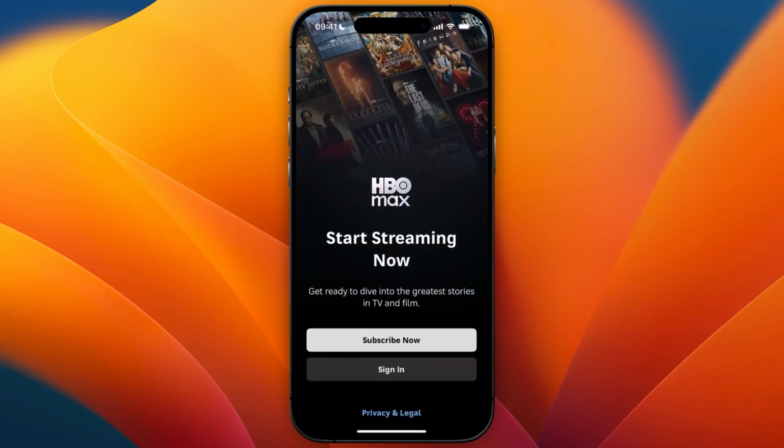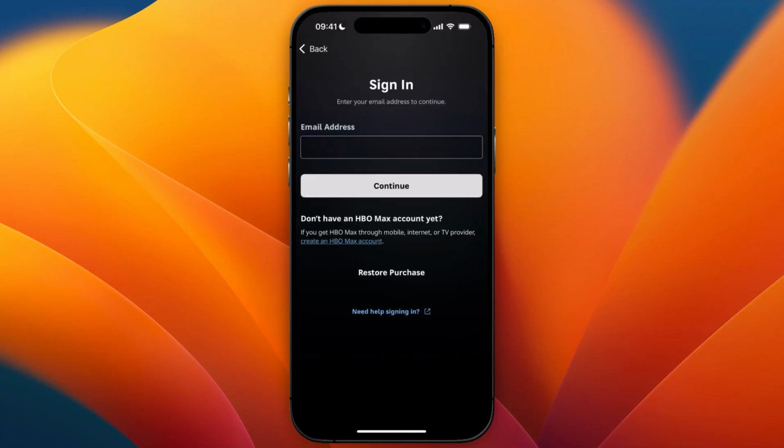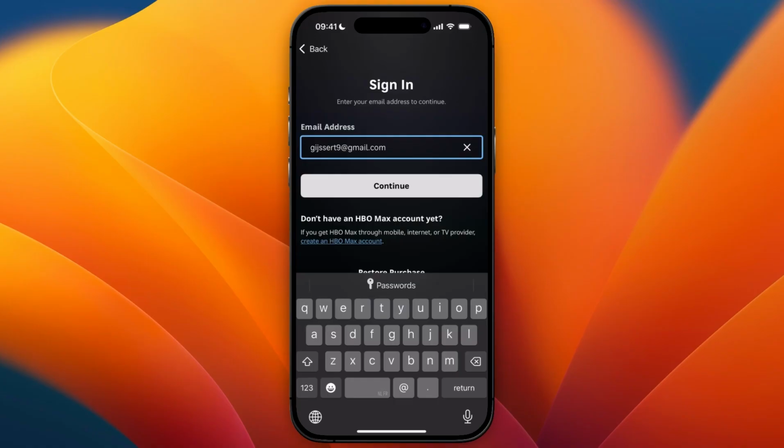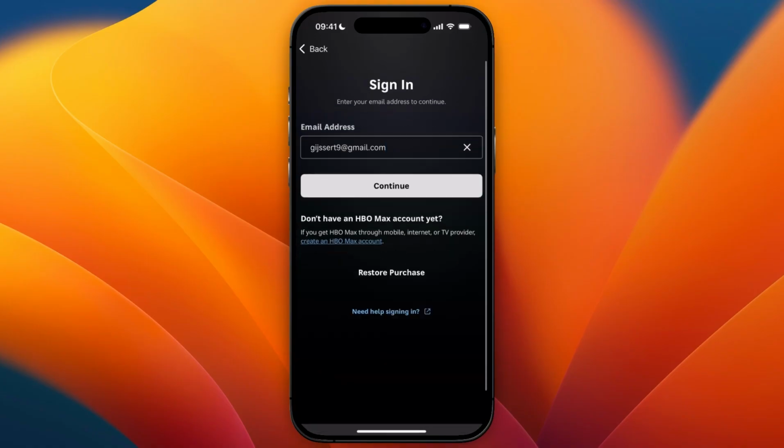So just click on sign in. Then here, enter the email address associated with your HBO Max account. Now this strategy works if you signed up using an email address and password. If you didn't, so you signed up through another provider, for example, a cable, satellite, or streaming service, then what